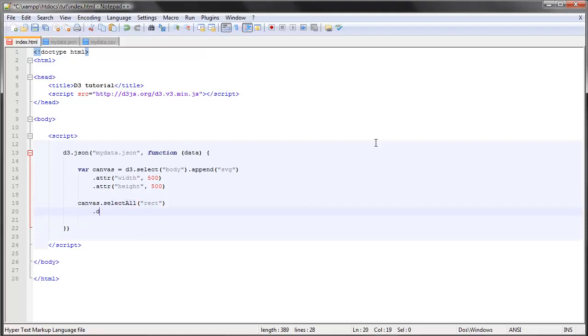So rectangle, and the data, as you can see, we're referencing the data variable that we define up here as an argument to our callback function. So we can call this whatever. I call this data, and then I just type the name of the variable here. So this is where we specify where our data is coming from. And this in turn references the data stored in our file, which we specify in our first argument here. So the next thing is use the enter method, and we want to append a rectangle for each